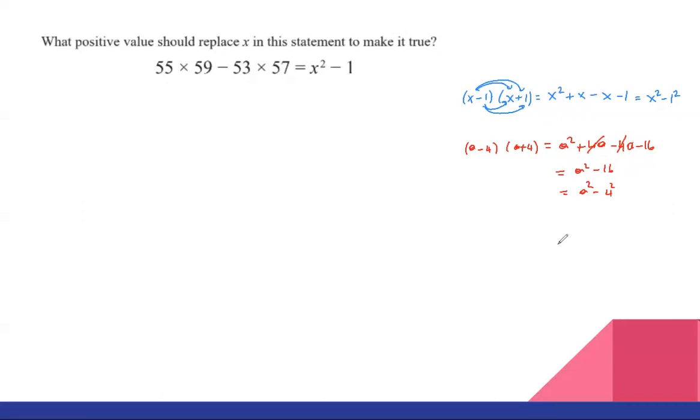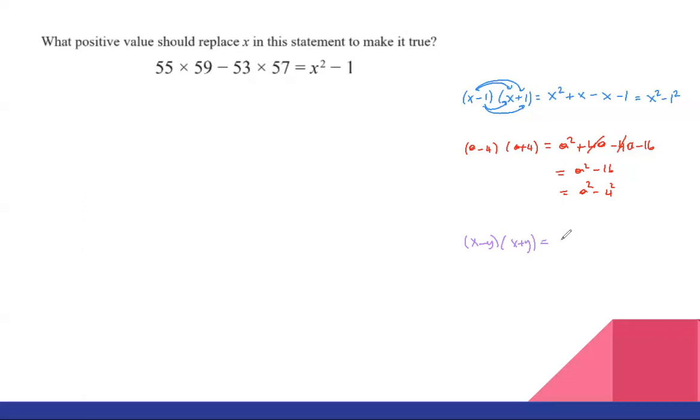The reason I'm showing this is because we want to really see that relation. So in this case, we have the square of x minus the square of 1, and that was the same as x minus 1 times x plus 1. And we have the square of a minus the square of 4, which is actually a minus 4 times a plus 4. So this is a really nice relation that we need to remember, and that's going to be called the difference of squares. So if you do have, let's say, x minus y, which is any two numbers, times x plus y,